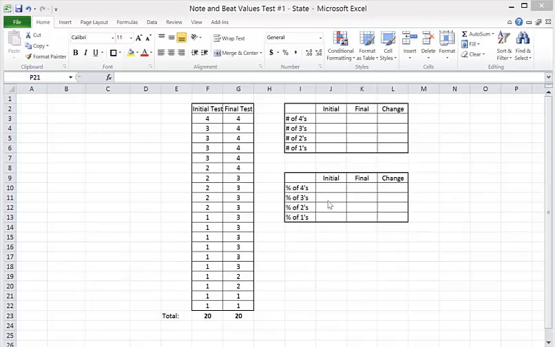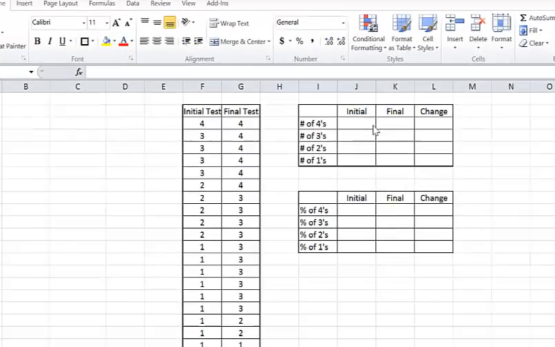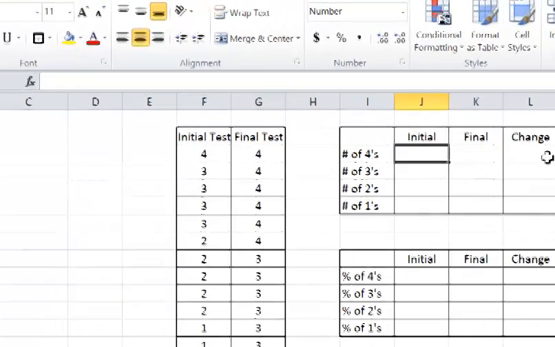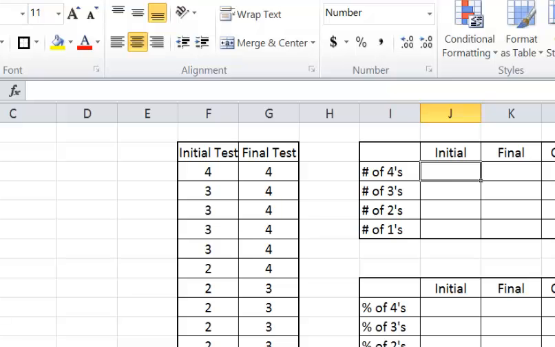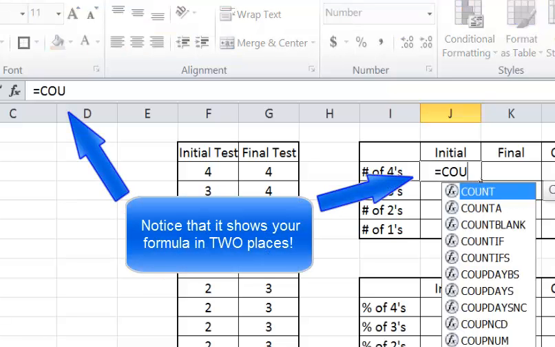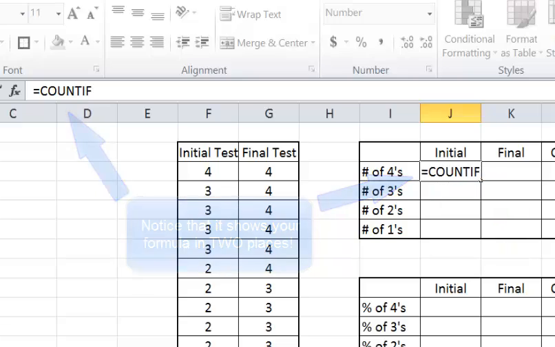If you want to gather information on how many students had 4s on their test, the COUNTIF statement is the best choice. First, decide where you want the information to be. I have already set up some boxes for the information, but you can set it up any way that you would like. Click in that box to begin typing. All formulas in Excel start with the equals sign, so we input the equals and then type COUNTIF and then